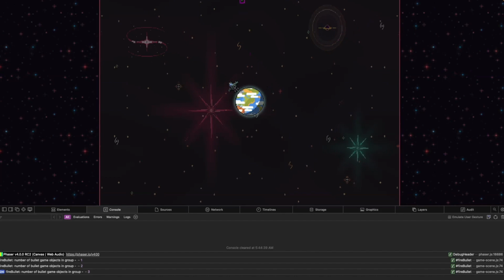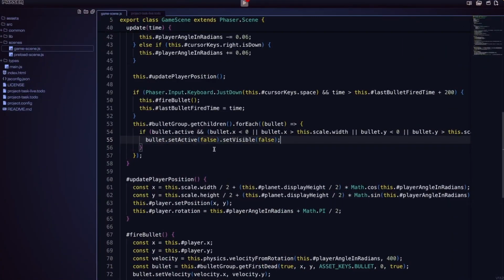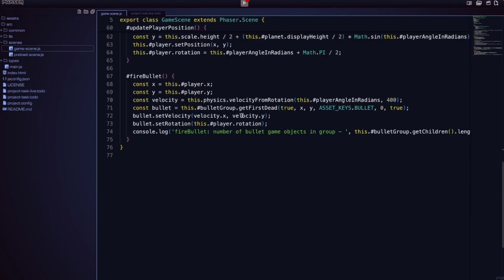Now if we save and try firing some of our bullets, we'll see once our 3 bullets move off our screen, we start reusing our game objects. However, we have an issue now where our bullet is no longer visible once we start firing it, and now if we press our space key, our bullet's path gets interrupted and we respawn our game object. What's happening is in our logic here, we're setting our game object to not be active and we're making it not visible. Down in our logic for once we fire our bullet, when we grab that game object, we need